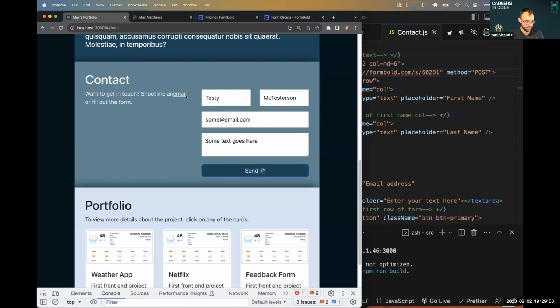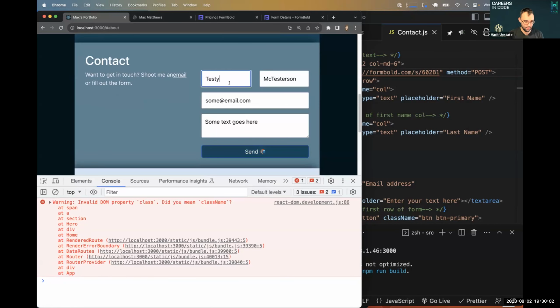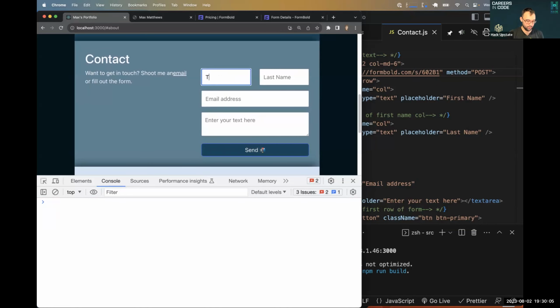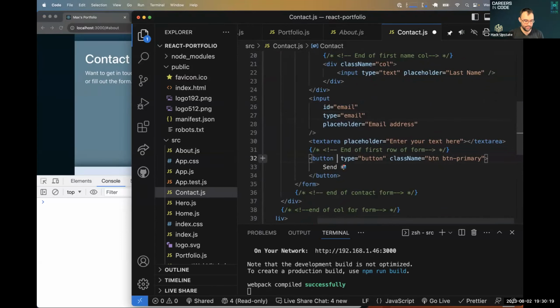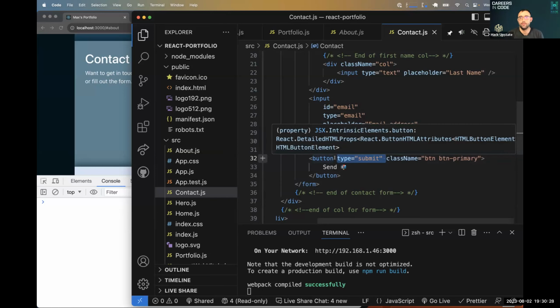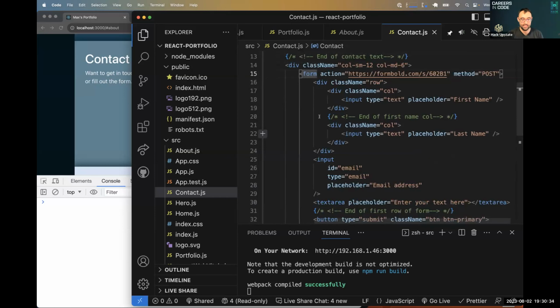and hit send, maybe do I have to refresh? My button needs a type of submit on it. Should not be type of button. That was a mistake on my part. You need the type submit so the button knows, hey, go submit this form to the action using form bold